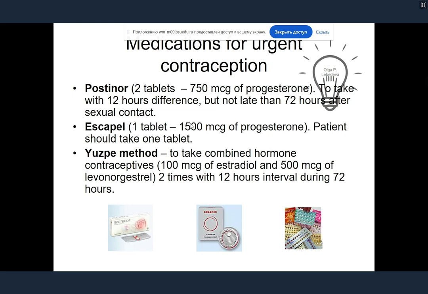What is the mechanism of action of this urgent contraception with this high dosage of progesterone? If the sexual contact happened prior to ovulation, in the first half of the menstrual cycle, progesterone, by negative feedback, blocks luteinizing hormone production. Do you remember what negative feedback is? If we have a lot of progesterone, it